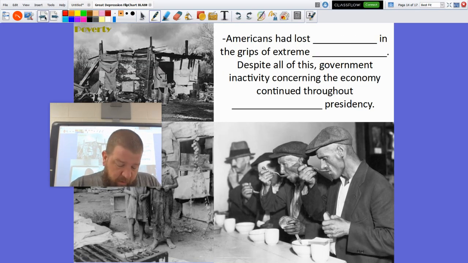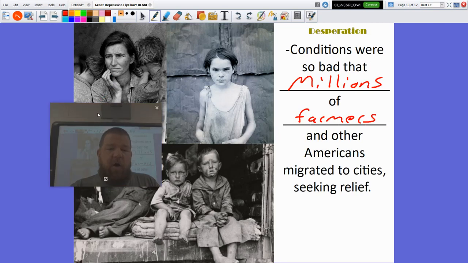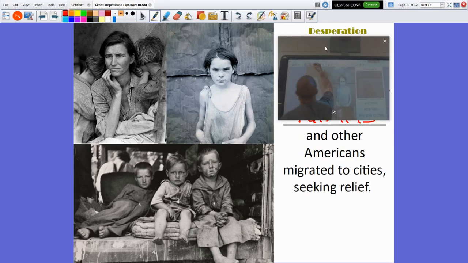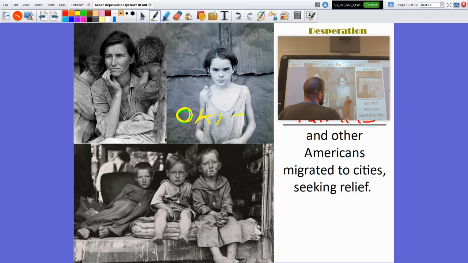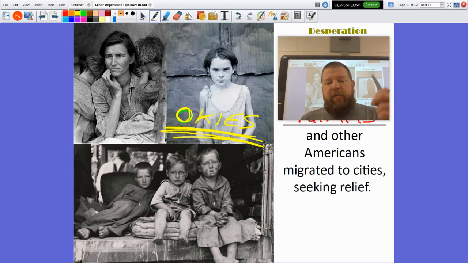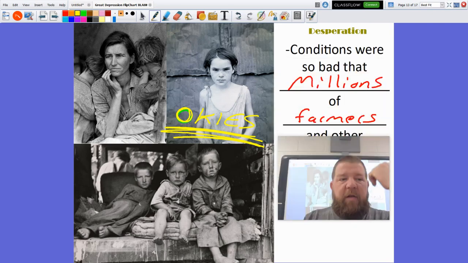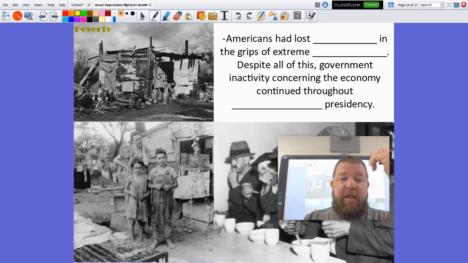And there's a term for these people, all right? And you do need to know the term. It's over in the left-hand column. When we talk about people that were fleeing the Dust Bowl, a lot of that was happening in the state of Oklahoma. And these people will be called the Okies. O-K-I-E-S. The Okies. And they're not all from Oklahoma, but it is the discriminatory term that is applied to the millions of Americans that take to the road and start just traveling from one end of the country to the other, seeking agricultural work, that are filling up the streets and back alleys with homelessness, from people that are fleeing these disasters,